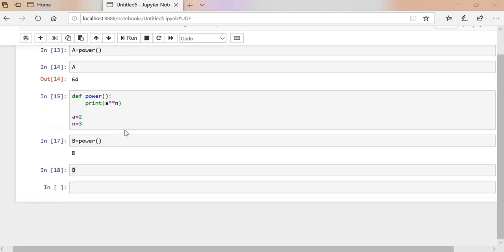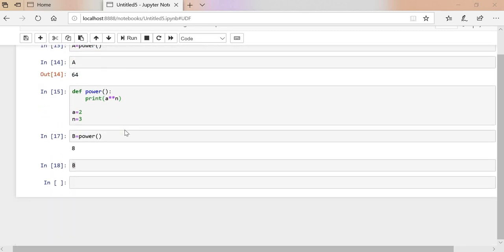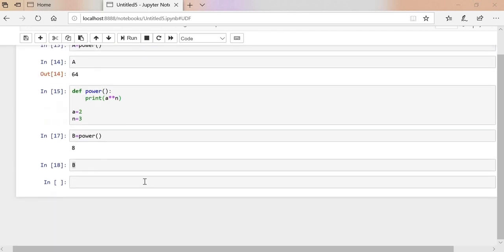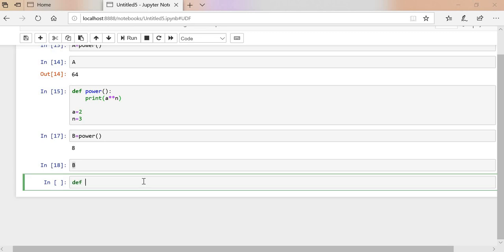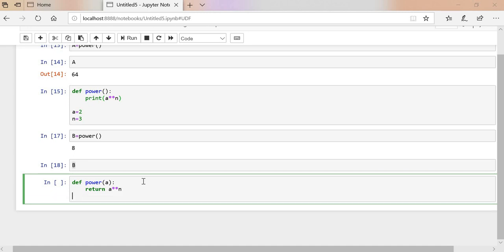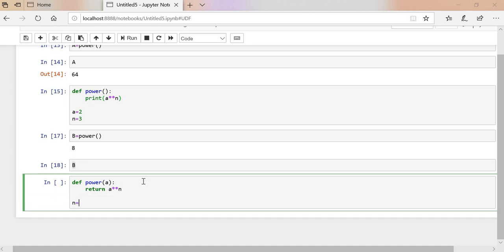We'll take some more examples. This time we have taken this 0 parameter. Now we'll go for 1 and 2 parameter. This same example. It is def power, a cross n. We'll take this example with 1 parameter, that is a. Here we have given 2 parameters, that is a and n. These are the 2 parameters. So we have given only 1 parameter inside the bracket. So we need to assign n equals to something else like 3.